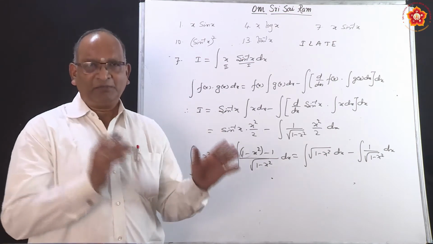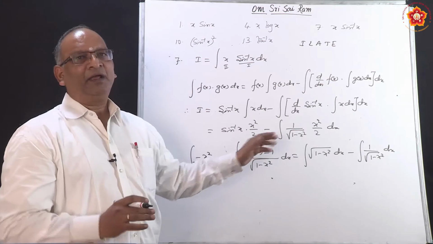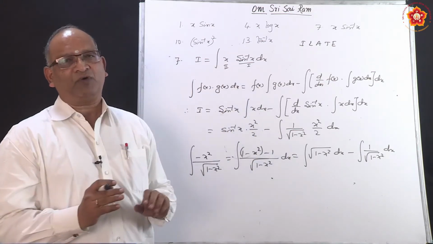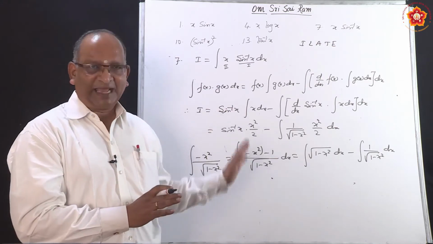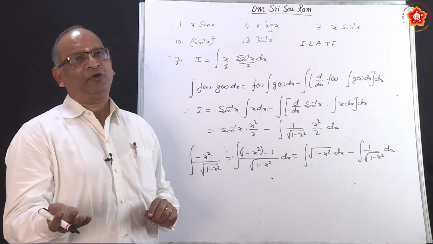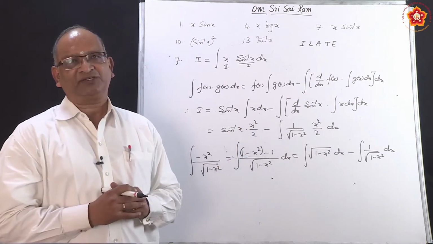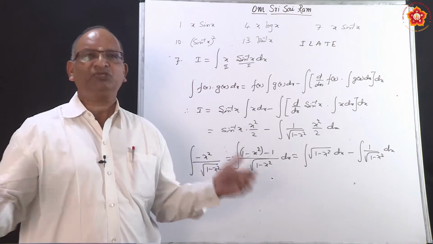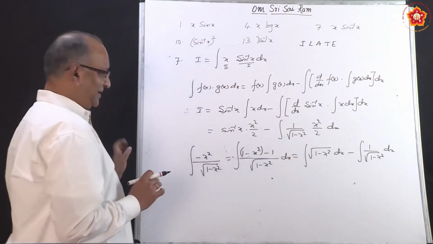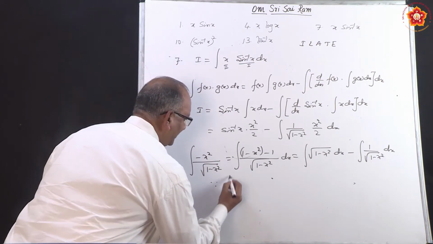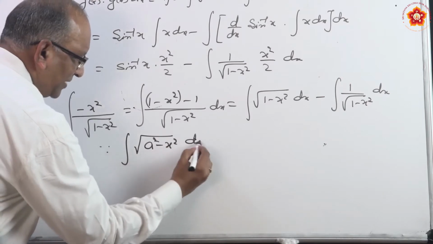We are using the formula right now, otherwise the derivation is to be done here, and we have next exercise based upon those formulas. So, I will not like to do, I will just write the formula, we will use the formula for time being. Next session when we are going to take up special functions, that time we will come across this kind of functions, we will derive formulae, we will also solve problems based upon it. So, to take up this, the formula is like this: integral of under root of a square minus x square dx